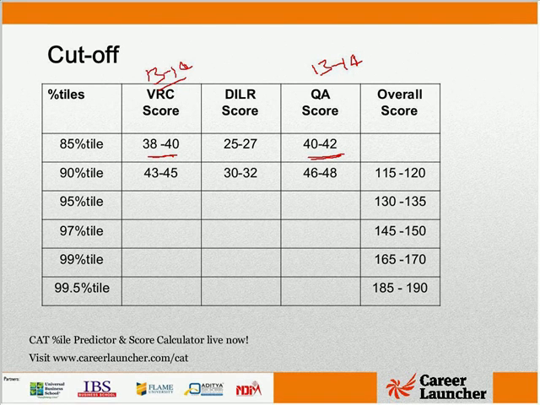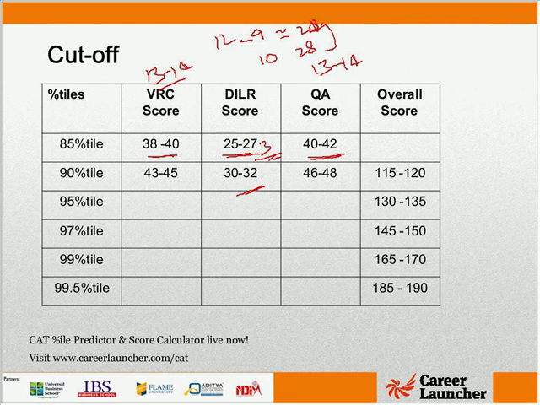DILR, those many of you seem to be worried about the lower attempts. We think the cutoff could be as low as 25, maybe closer to 27, 28. So 25 to 27 is the kind of range, and this effectively means 3 sets of data. If you attempt 12 questions and get 9 right, it becomes something like a 24, 25 score. Attempt 12 and get 10 right, it becomes about 28. So DILR is likely to be about 25, 27, 28 in terms of cutoff, and the 90 percentile could be about 30 to 32.